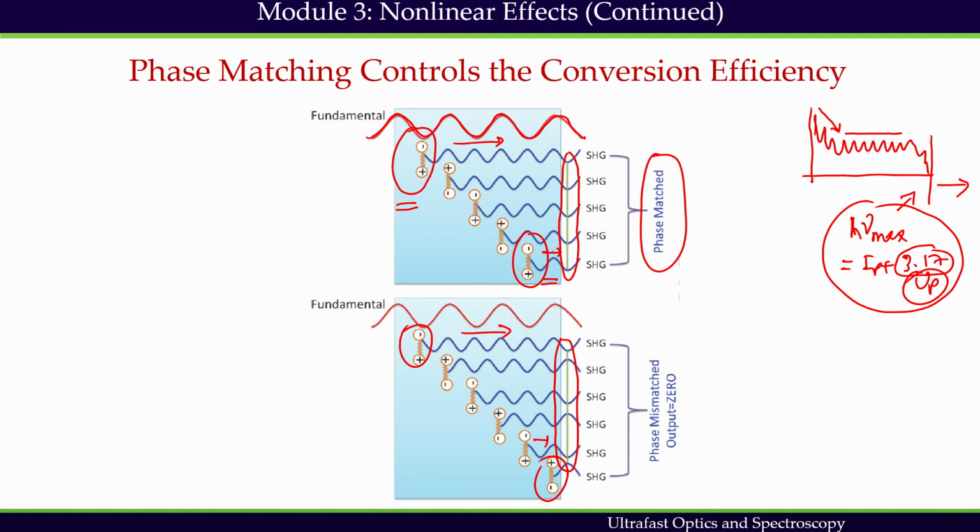This highlights that to produce optical harmonics efficiently, the process must be phase matched. That is, the fundamental beam or induced polarization and the harmonic beam must be brought in phase throughout the nonlinear medium. Furthermore, we have seen that the intensity of the harmonic emission is given by this expression, I proportional to L squared, where L is the thickness, times mu naught squared omega naught to the power 4. This expression we have already obtained in our previous lectures.